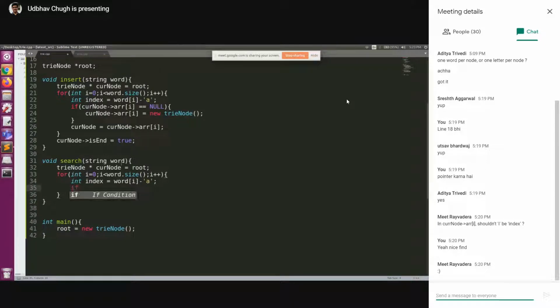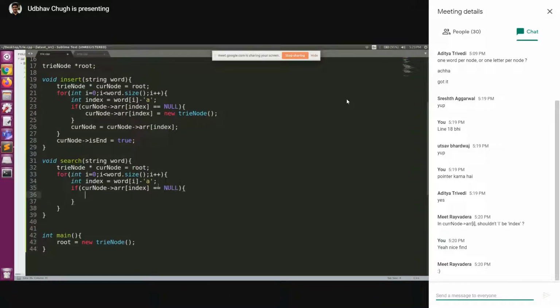If the current node's array at that index is equal to null, in this case we can simply say that it is not present. So we'll make it a Boolean, and we can return false, since we know for sure it's not present.